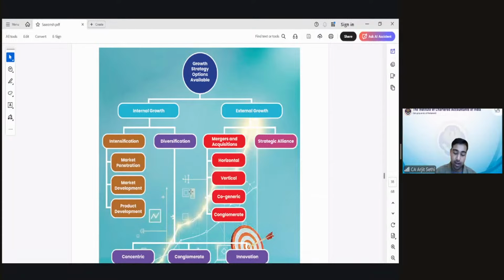Intensify is when you stay close within your business and domain and you work on that. That becomes your intensification. And if you go beyond your own product and market, and do something different, that is called diversification. Now, an example, and then I'll ask you this.